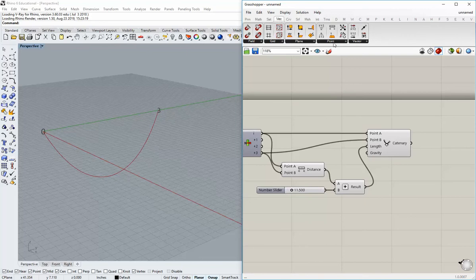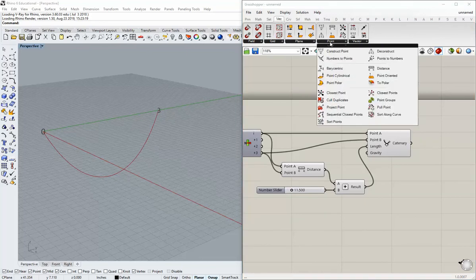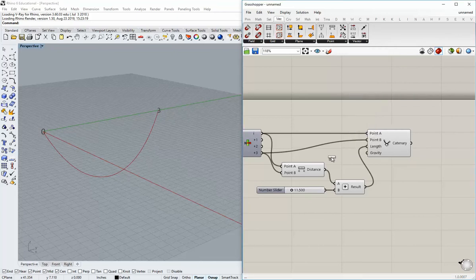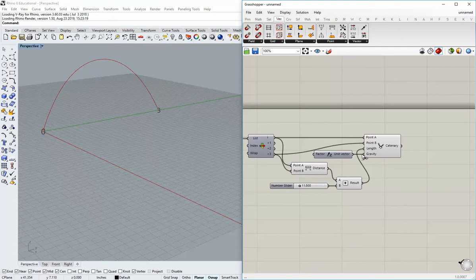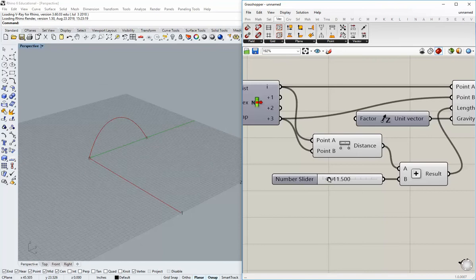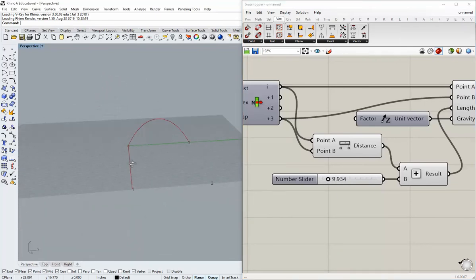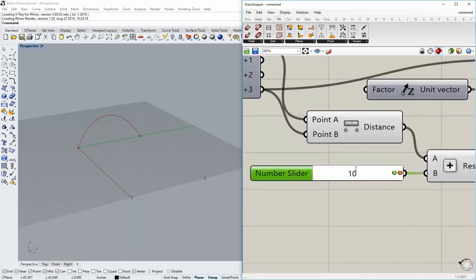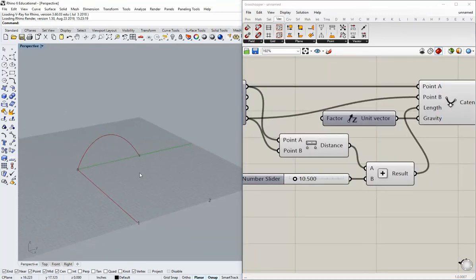So what we're going to do is go to vector. I think it's in, nope. Where is it? I guess it's in vector. Yeah, vector, vector, and then positive z. So we'll just plug in that as a positive z and change the default setting from negative to positive, basically. And now we have a nice numerical input that we can use to change the height of that arc. It's a catenary curve. I'm going to change mine to something like 10.5 for now, and leave that as is,